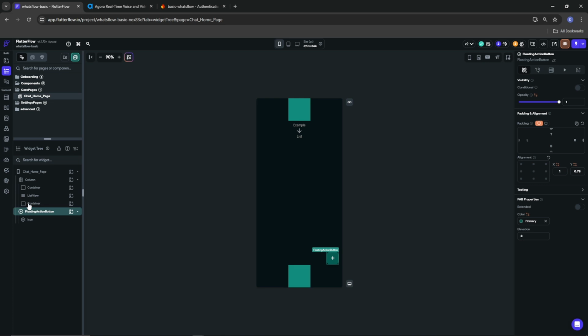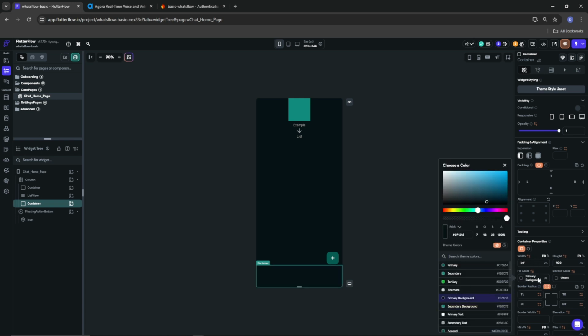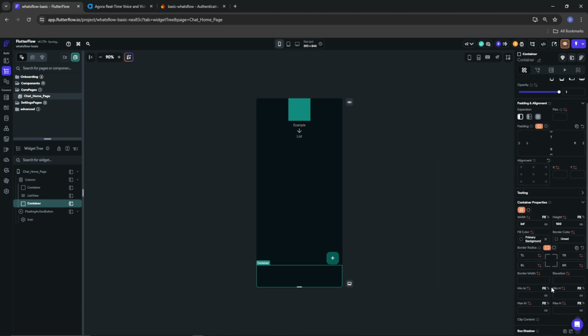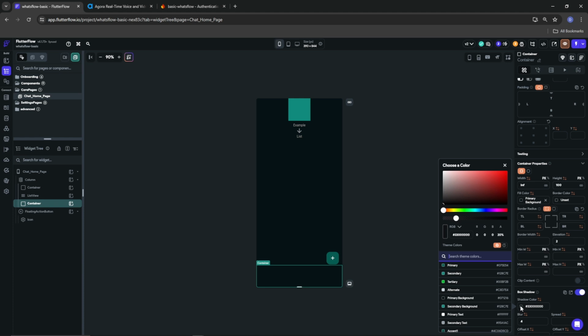All right. Now for our nav bar, what we want to do is we want to keep the height to be 100, but we want to expand this all the way when it comes to the width. And I'm also going to say that this needs to remain a primary background color. What I can do is I can maybe give it an elevation of 2 and maybe a box shadow color of, let's say,